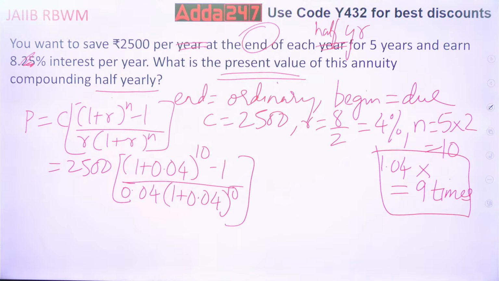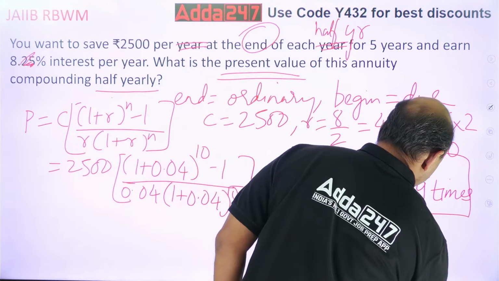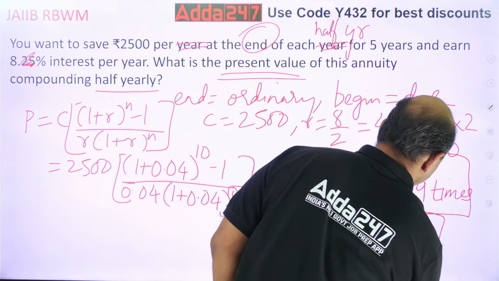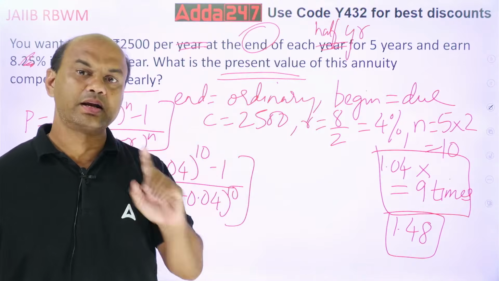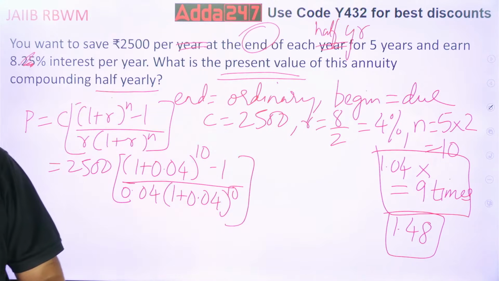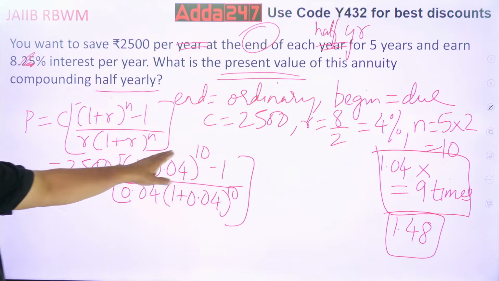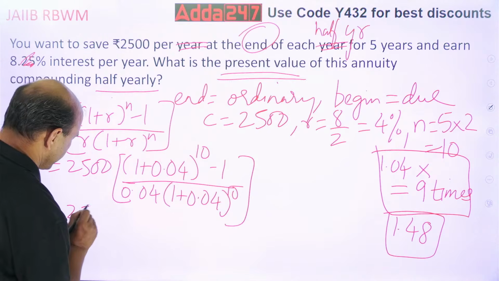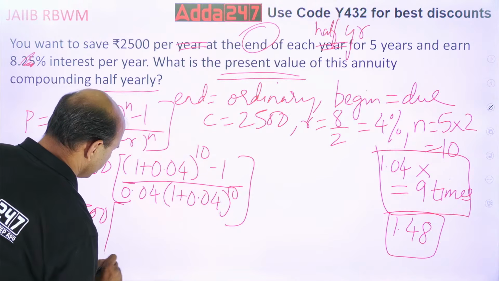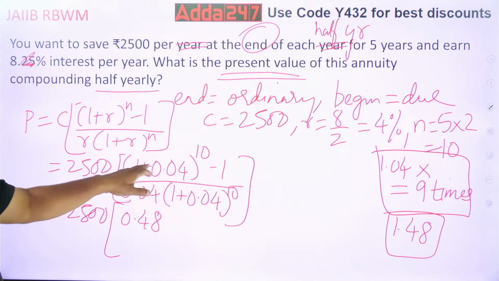216.50. Okay. See, I am getting this 1.04 raised to 10 as 1.48. How many of you have got this 1.48? So 1.48 minus 1 is 0.48. So 2500 into 0.48. Right? This 1.48 minus 1,